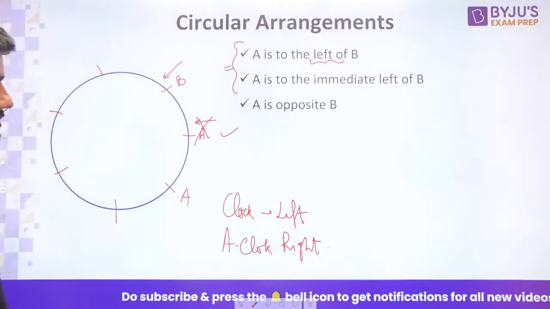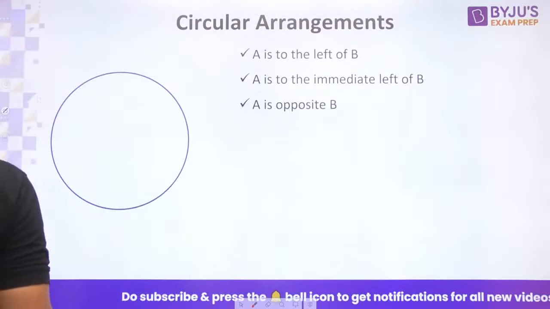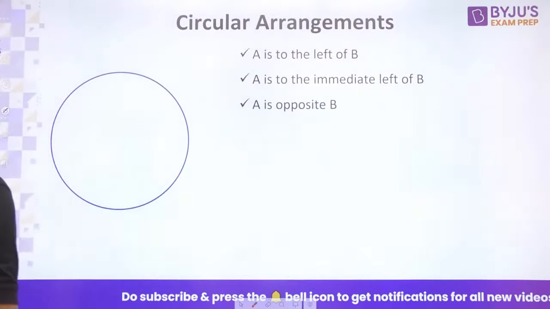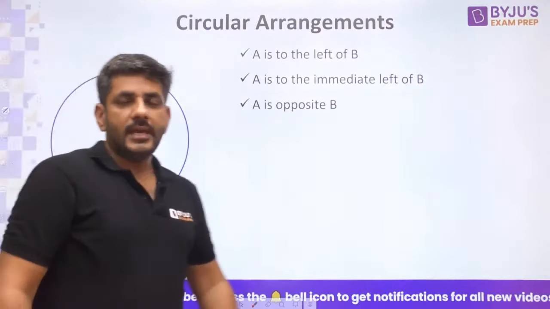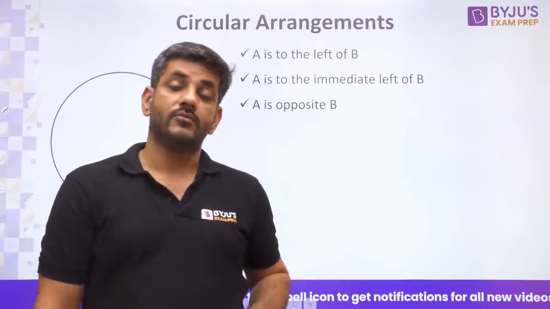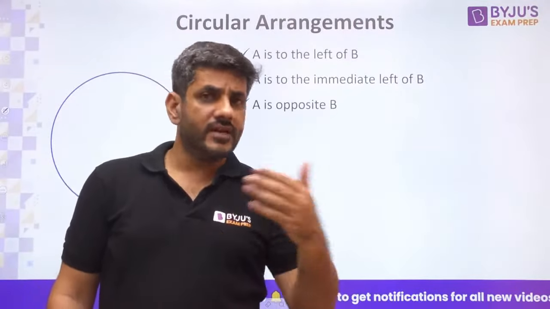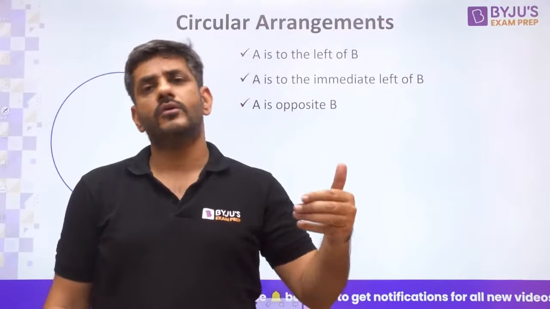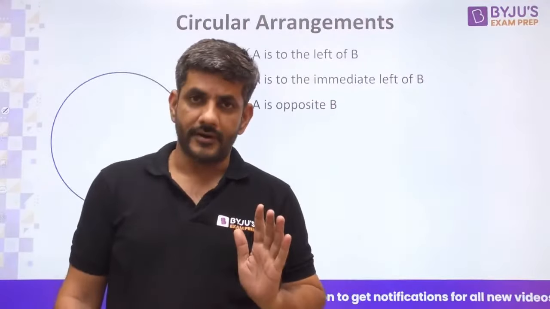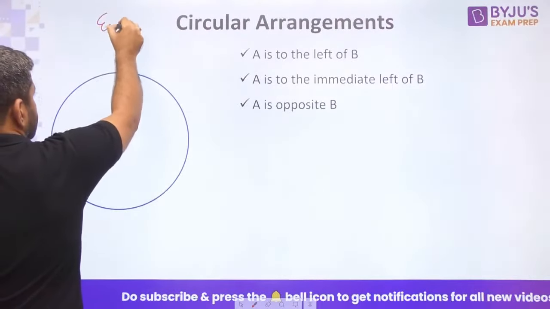Let's move forward. A is to the opposite of B. So A is to the opposite of B. Let us talk about this now. So keep one thing in mind. When people are sitting around a circular table in a circle, you can have either an even number of people on it or an odd number of people on it. So whenever you have an even number of people on it,